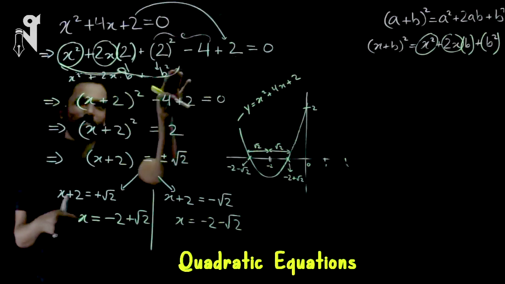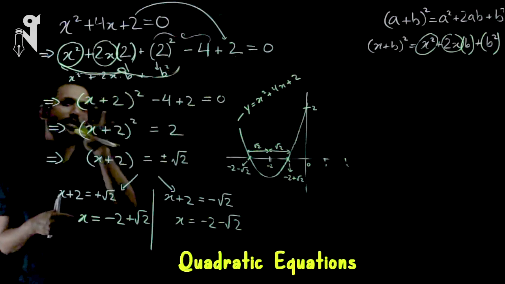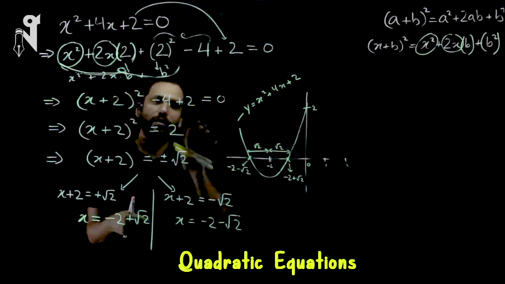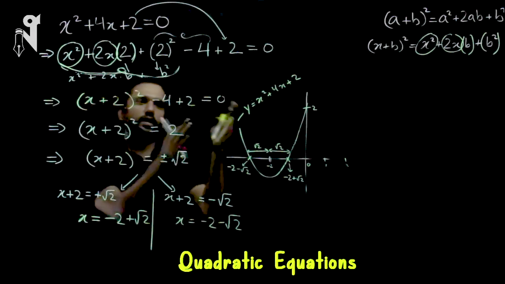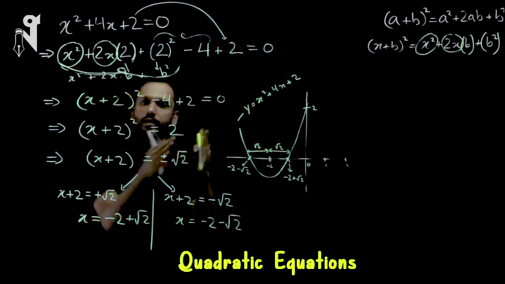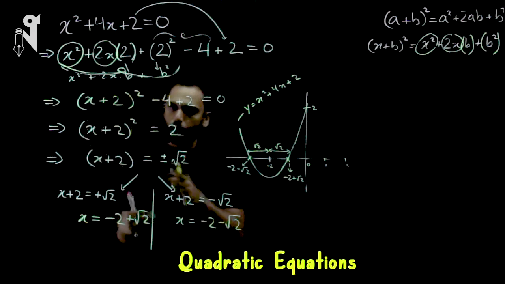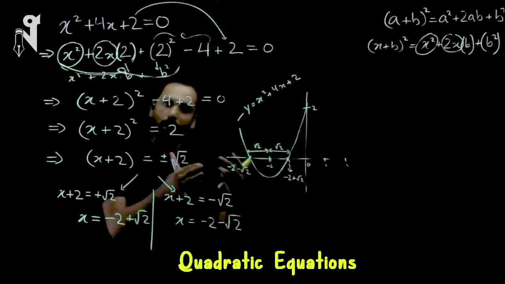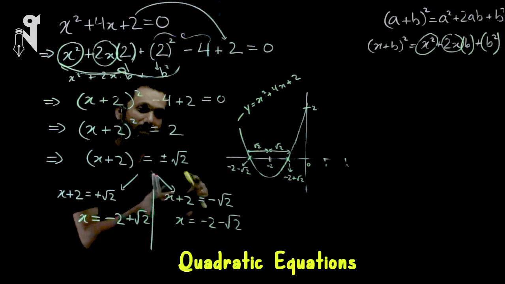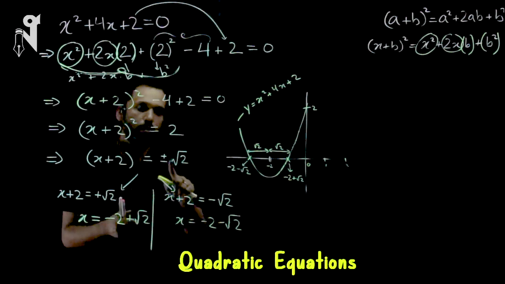Then the first 3 terms will be the a plus b or the a minus b whole square thing, and the remaining terms will be just numbers which you can add and subtract, and you put it on the other side of equal to. You'll have a whole square on one side and a number on the other side. You can square root both sides. Don't forget that square root of any number would be the plus and minus of that number. So you have to write the negative square root also.